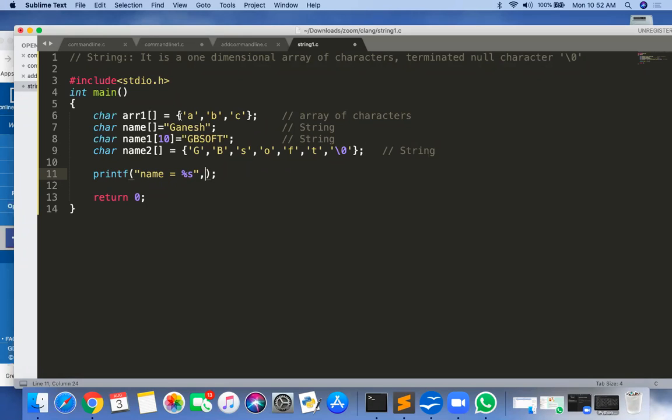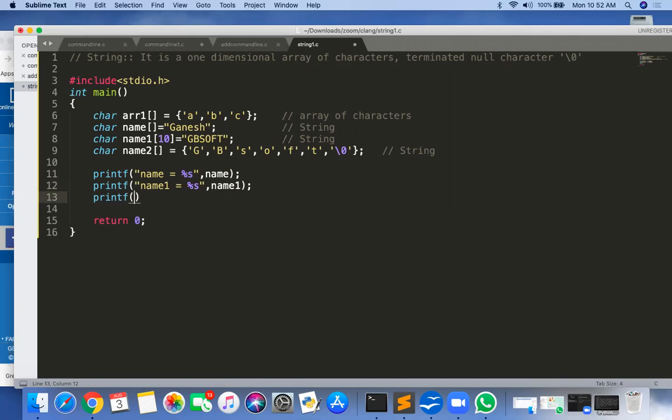So you have to print manually A, B, C there, one character at a time. But here, if there is \0 at the end, you can use %s directly, and just put the name here. Then printf("name1 is equal to %s", name1).